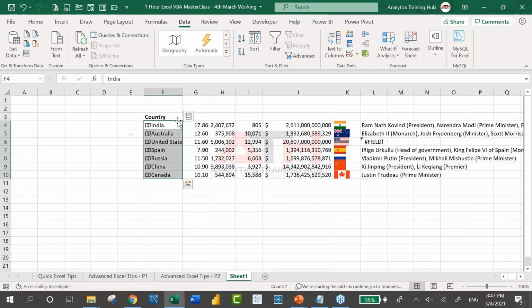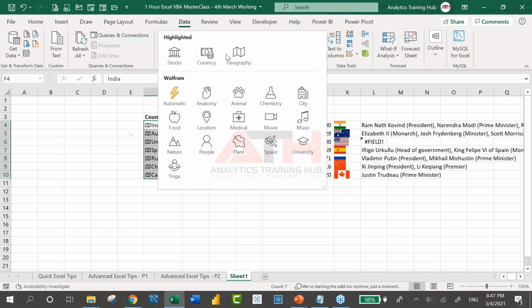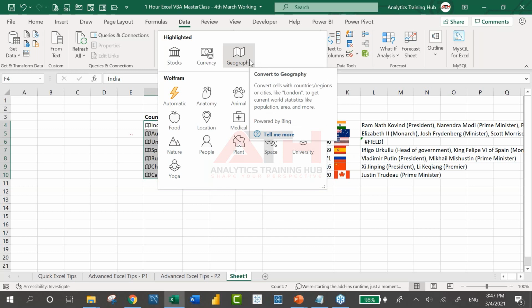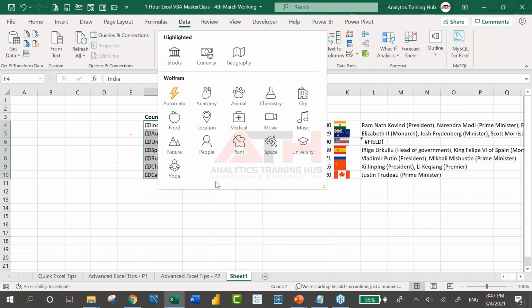Sure, Arvind. The only thing we need to do is select the countries and then move to the Data ribbon tab, and there you simply jump into Data Types, and there you have these different data type options. Okay, this is a part of an AI feature. You can say it learns from the user's behavior, and you also have the option to create your own custom data types. All right.